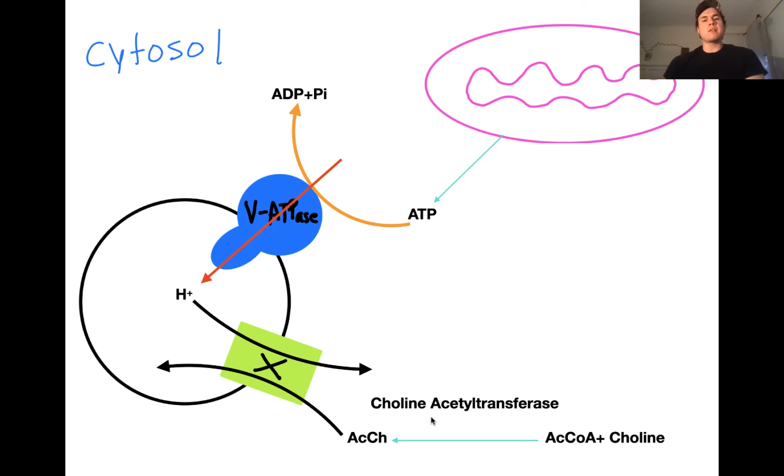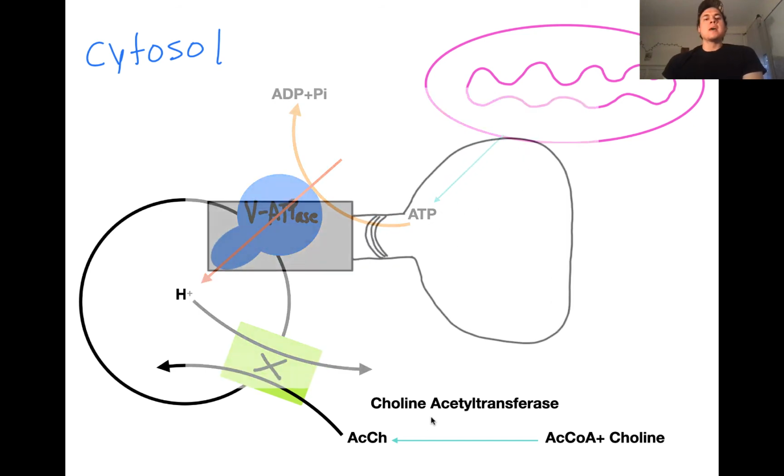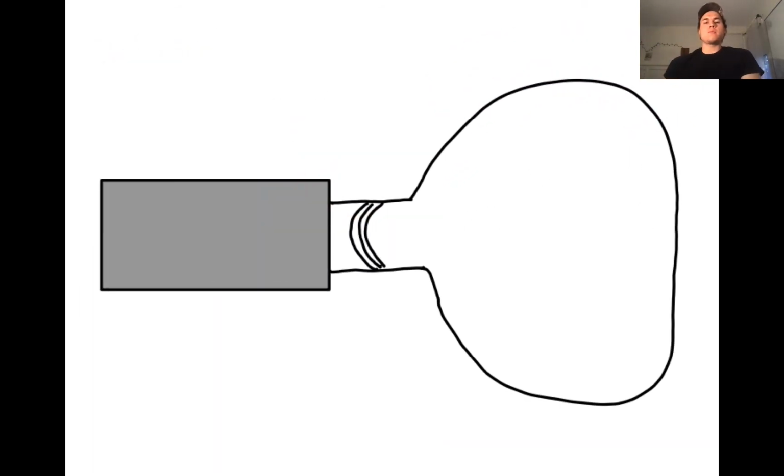Now, how is this acetylcholine going to be released? If you watched my previous video on the introduction to synaptic transmission, you should have a pretty good idea of this. But for those of you who didn't watch it, here's a quick reminder. We have our vesicle now packaged with acetylcholine, and it will go to a specific region of the synaptic terminal called the active zone, where it will await release. An action potential will be propagating down the axon, and it will cause the opening of